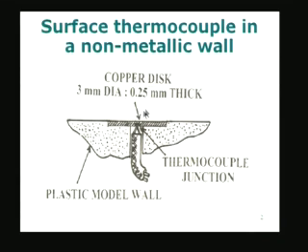Now, suppose I look at the other side of the copper disc. In this particular case, the copper disc has got some area of the surface equal to S, which is exposed to the fluid which is maybe flowing on this side. Suppose I assume that the heat transfer coefficient for heat transfer by convection from this fluid to the surface is given or known, then I can find out the heat transfer to this surface from the medium which is flowing by a simple expression, given by the heat transfer coefficient times the surface area exposed to the flow multiplied by the temperature difference between the fluid which is flowing and the temperature